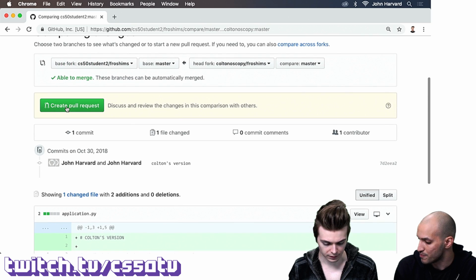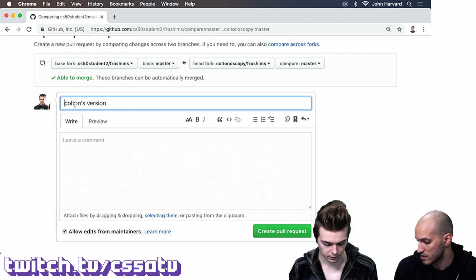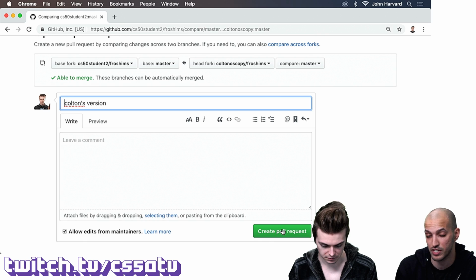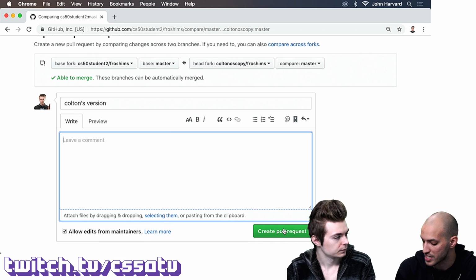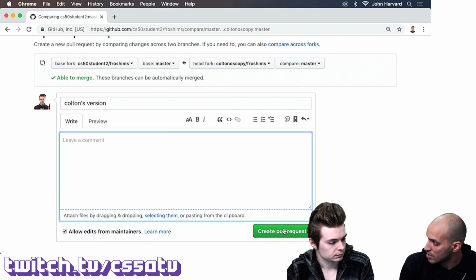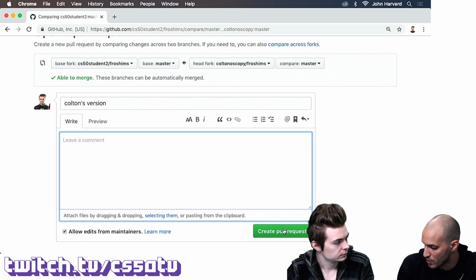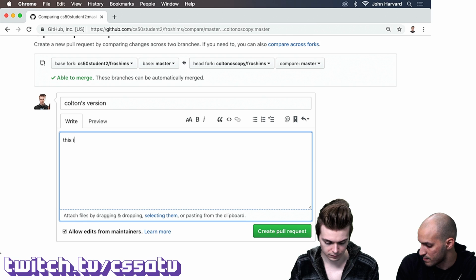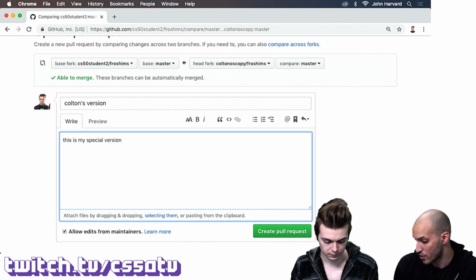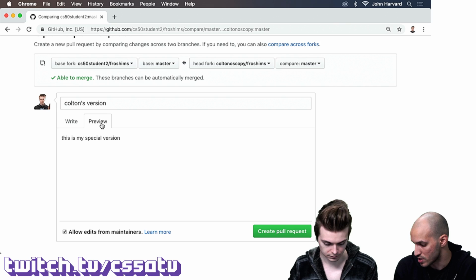Okay, so if you now create a new pull request, you're going to have to give it a title. By default, it's the commit message, and you can specify more details if you want. The nice trick about this is that GitHub actually uses some version of Markdown here. If you type a more specific description for your pull request and click on preview, this is what's going to show.